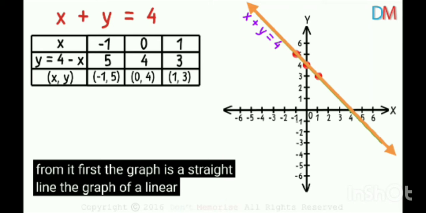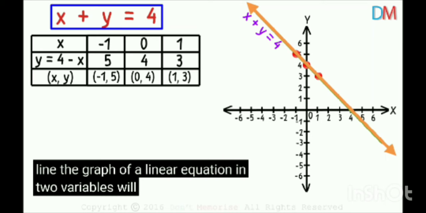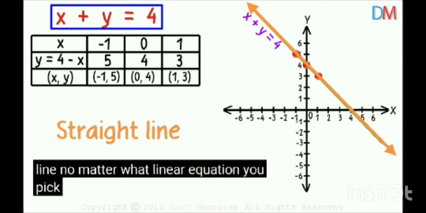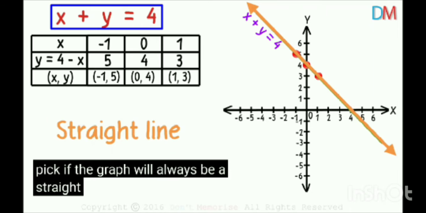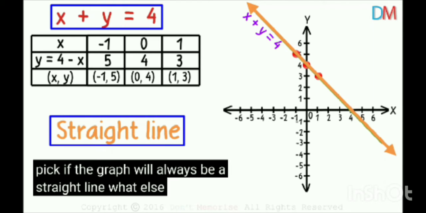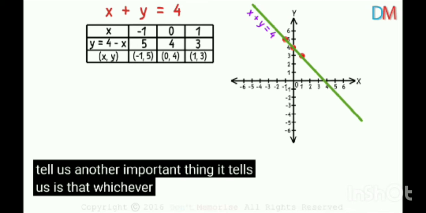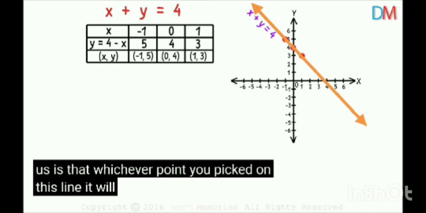The graph of a linear equation in two variables will always be a straight line. No matter what linear equation you pick, its graph will always be a straight line. What else does this graph tell us? Another important thing it tells us is that whichever point you pick on this line, it will be a solution